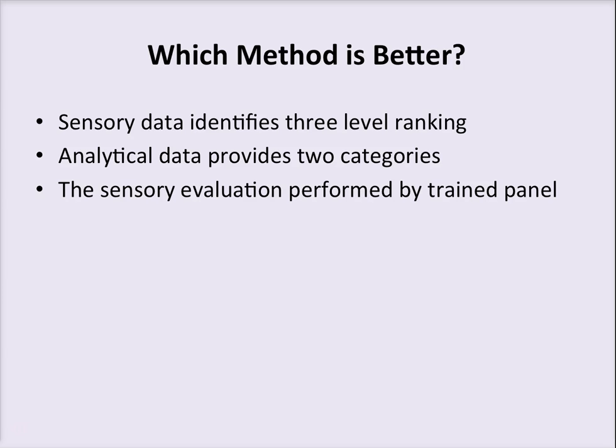And the idea that the sensory evaluation needs to be done by trained panels. So you have to ask yourself which method is better. Since we're looking at a product that relies a great deal on its sensory capacity, and certainly its ability to be pleasing in that respect, the sensory analysis seems to be a stronger and more accurate way to